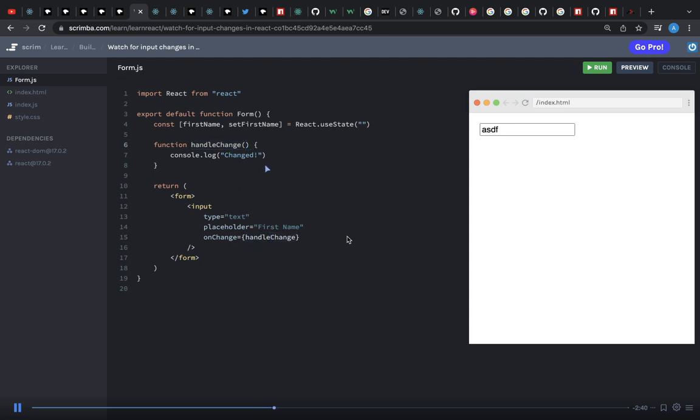Instead, what will get passed to it by the browser is an event object. This event object is really large. It has a lot of information in it. And if I console log event in Scrimba, it's simply going to put synthetic base event. So at this point, I'd recommend you actually open your developer tools in the browser and see exactly what got logged to the console. You'll be able to dig into all of the properties of this event object. However, there's one property in this event object that I care the most about, and that is one called target. If I log event.target,